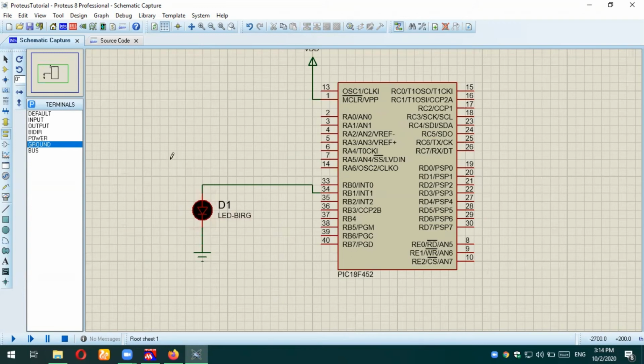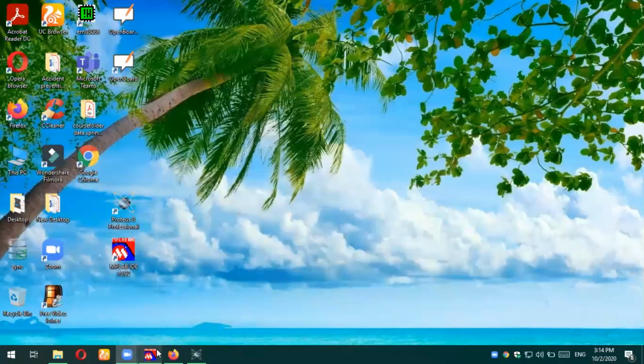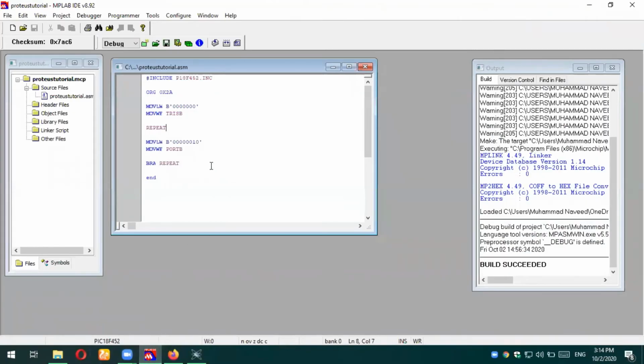What we need is that specific machine code, which should be written in this controller, and then we will turn on the simulation, and the result of the task will be observed here: this LED will glow, right? So how can we load the machine code? For those who don't know, we have already built the code here in the MPLAB environment, but the machine code is present in the same directory where you saved this assembly file, which is, let me show you, this Proteus tutorial.asm. But we are interested in the hex file, which is the machine code.